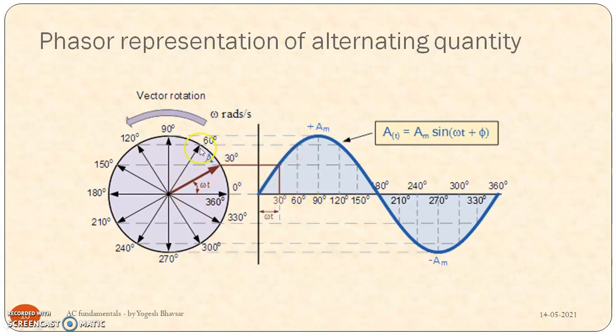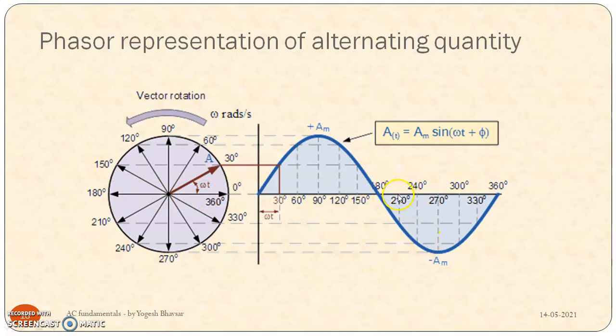For 60 degree, this is the 60 degree phasor. We have drawn it here. Next, for 90 degree, it is the maximum value, right? So this is the complete straight line. If you measure this angle, it will be 90 degree, and the magnitude is nothing but the magnitude of the quantity. 120 degree, again it is 120 degree here. Similarly 150 degree, here it is 150 degree from this reference axis, and 180 degree, exactly opposite to the origin position, and it is again at 0 magnitude.